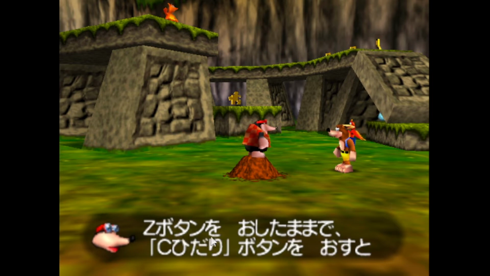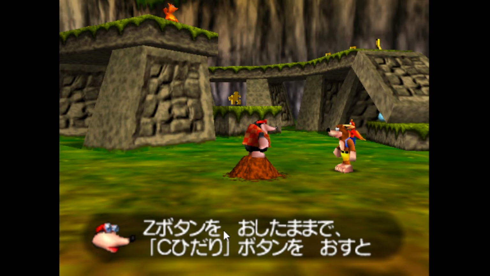Z ボタンを押したままで C 左ボタンを押すと. So yeah, this is past tense of osu, oshita, meaning, you know, to press. So this is past tense. And then mama means like continually in the state of doing this. So oshita mama means in the state of pressing the Z button.